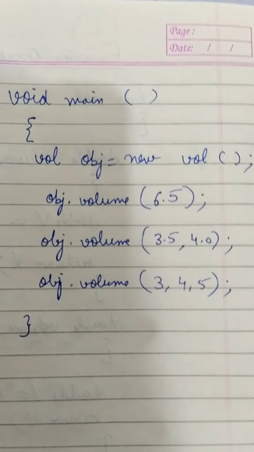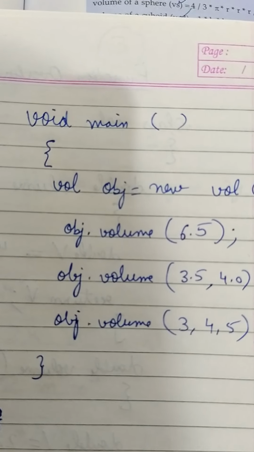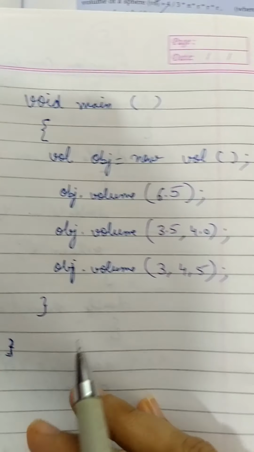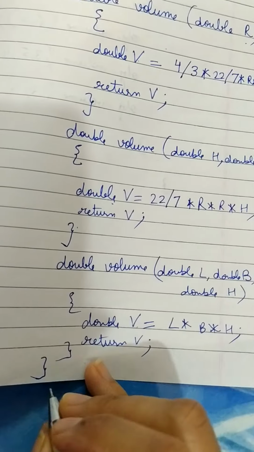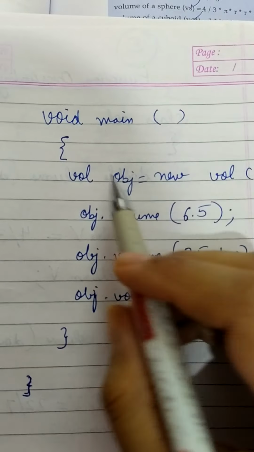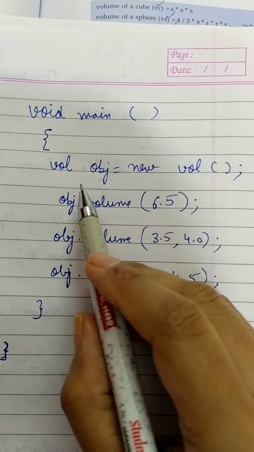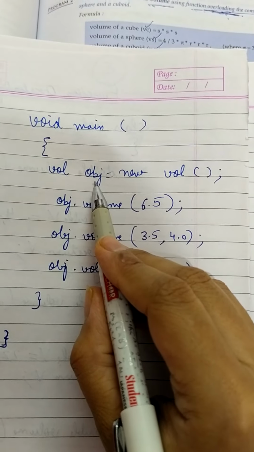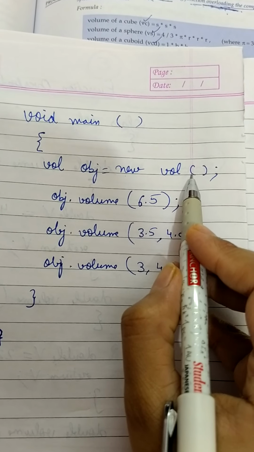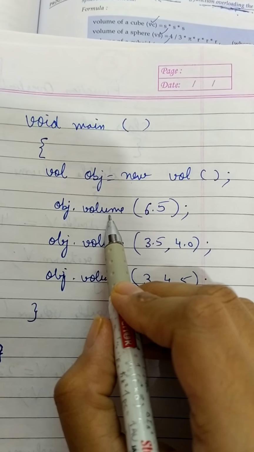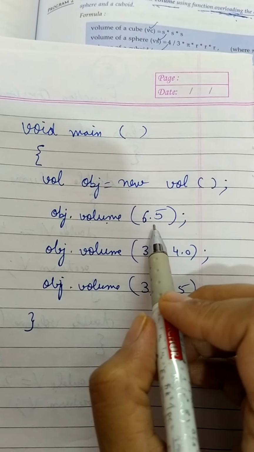But if you want to make a main method, then how to do it? After making these 3 methods, before closing the class, don't close here. Before closing the class, write void main parenthesis, the main method. Then we have to create an object of this class. How to create an object? Class name, object name, new class name parenthesis. Okay, I have taken obj as the object name. Then obj dot the name of the method which you want to call. And I am passing one argument.